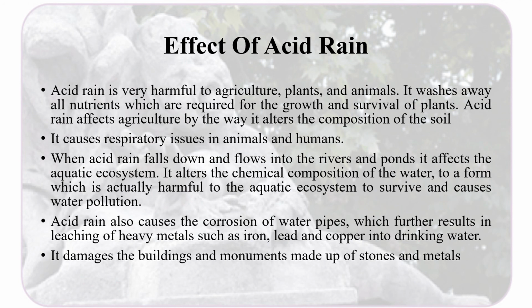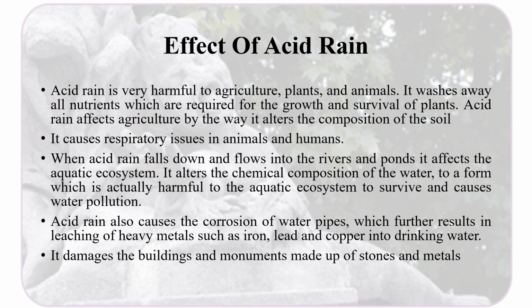Effects of acid rain. Acid rain is very harmful to agriculture, plants, and animals. It washes away all nutrients which are required for growth and survival of plants. Acid rain affects agriculture by the way it alters the composition of soil. It causes respiratory issues in animals and humans. When acid rain falls and flows into rivers and ponds, it affects the aquatic system. It alters the chemical composition of water to a form which is harmful for the aquatic ecosystem to survive in, and